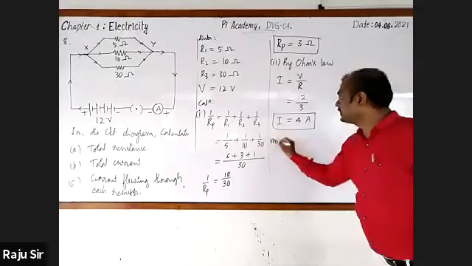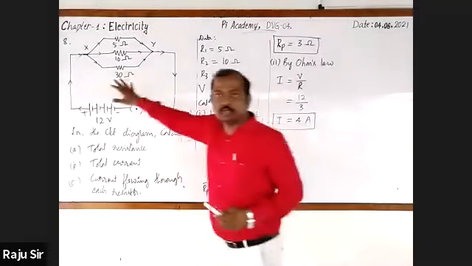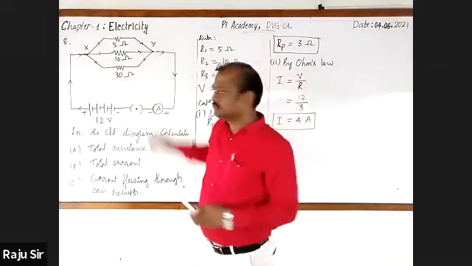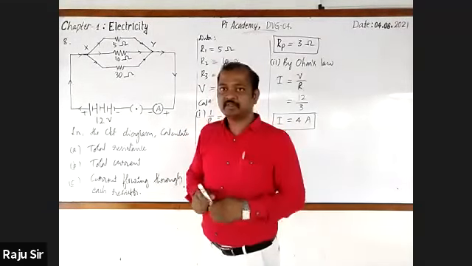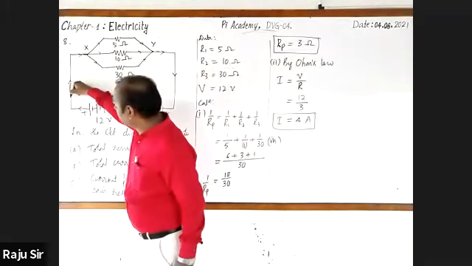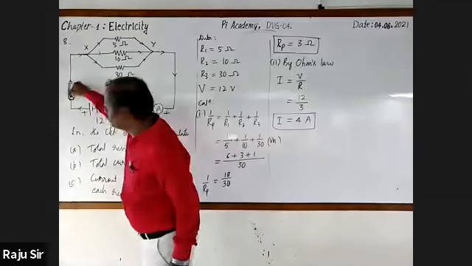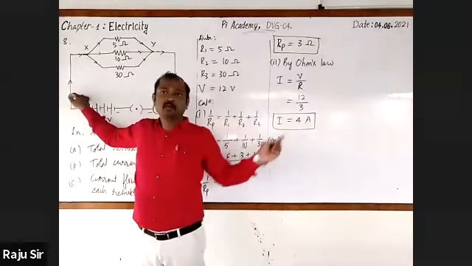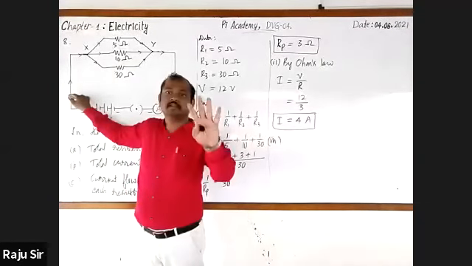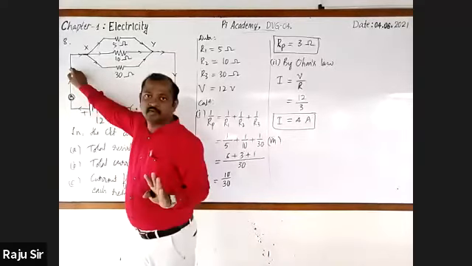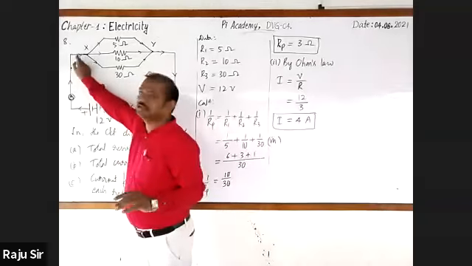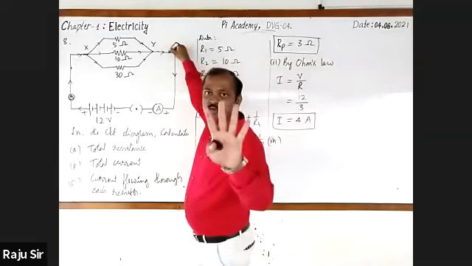Now, this much amount of electric current is constituted in the entire circuit. Now, my question, just observe. Suppose I am going to take the current here, at this point. At this point, what will be the current? 4 amps. Right. Here, 4 amps.